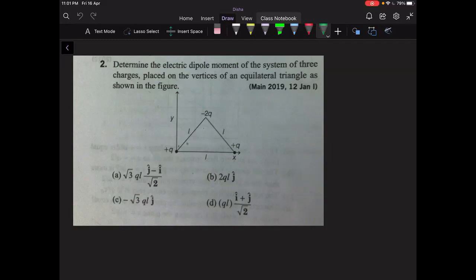Yes, sir. I got minus root 3 QLJ cap. That's a very significant turnaround. Tell me, how did you manage? Yeah, so I took the charge. So basically, the negative and we moved towards the positive direction. Because it's minus 2Q and Q, both the vectors I took as P itself. And then I did P sine theta, P cos theta. So the sine theta thing will get cancelled. So you get 2P cos theta. And the angle is 60 degrees, but then theta will be 60 by 2, so that'll be 30.